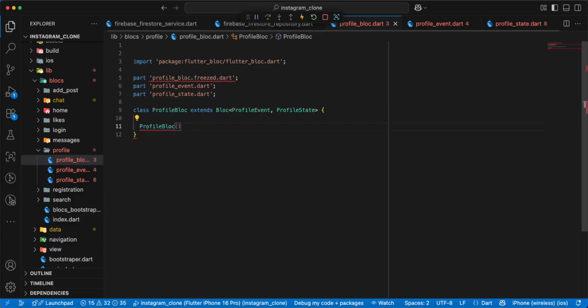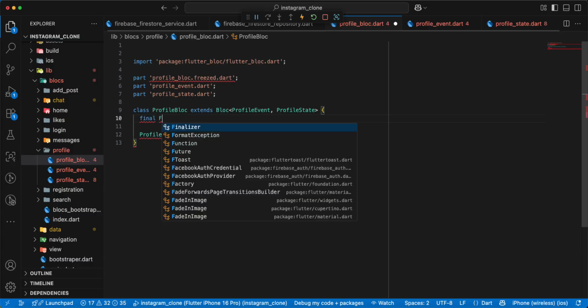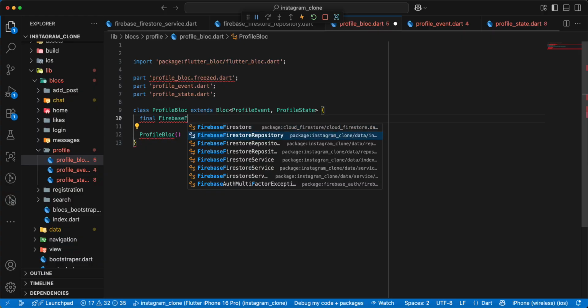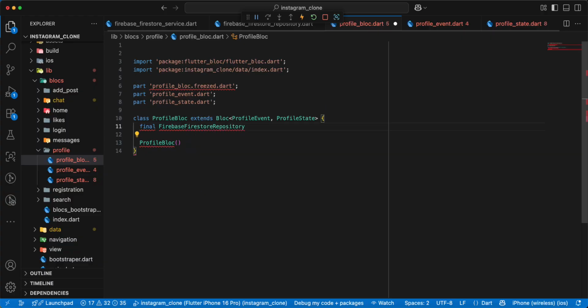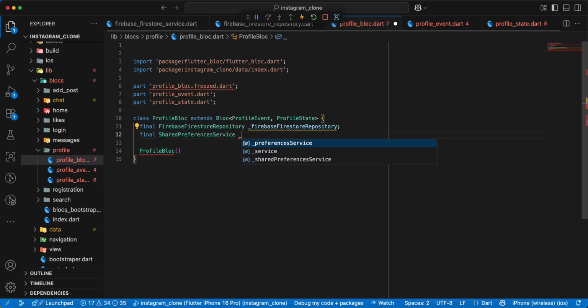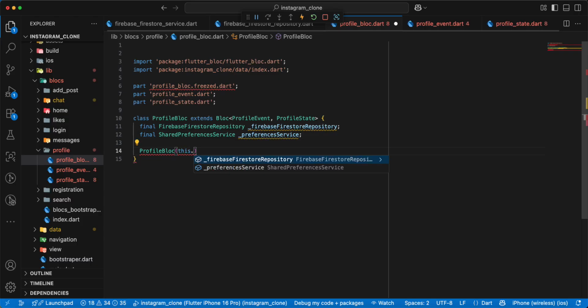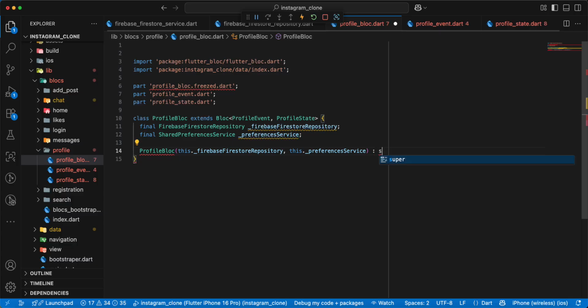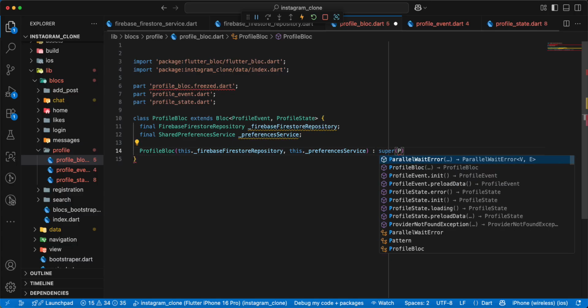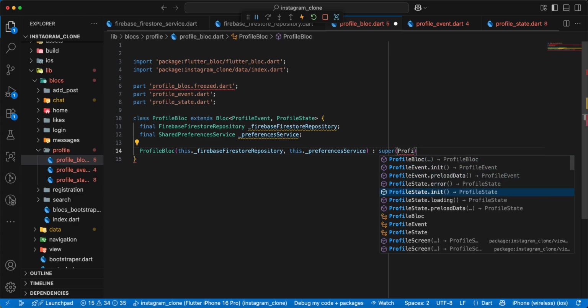add part, and we write final, add Firebase Firestore repository, then we write final shared preferences service, and we write this Firebase Firestore repository, write this preferences service, write super, write ProfileState init,